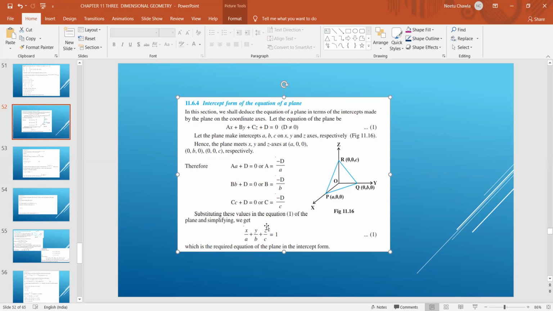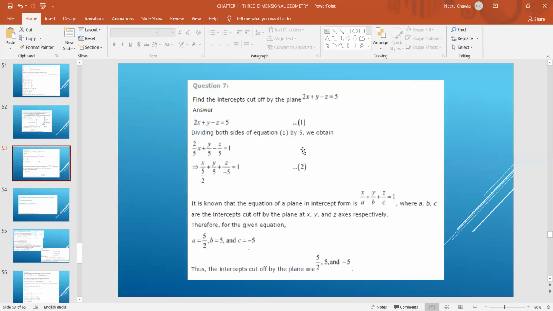So that is why the equation of the plane becomes x upon a plus y upon b plus z upon c is equal to 1. Its proof is also given, but that is not needed. So we should always know this equation of the plane, x upon a plus y upon b plus z upon c is equal to 1. We have done this in class 11th in straight lines. So this is the question based on this